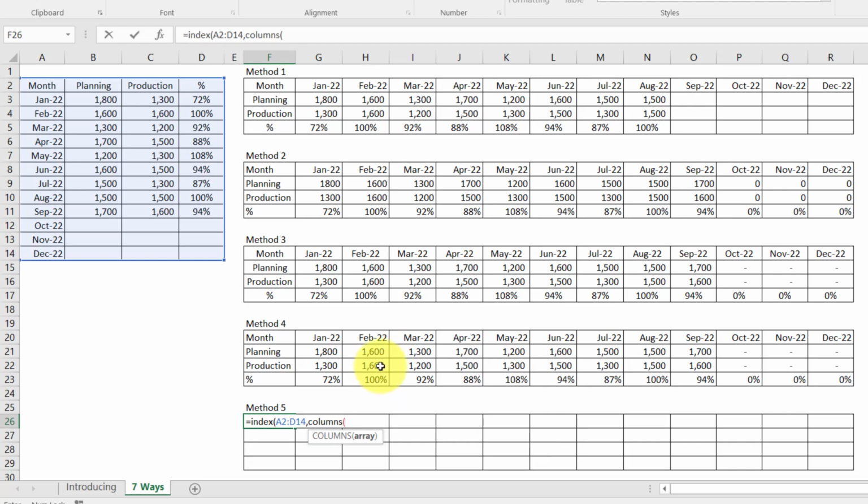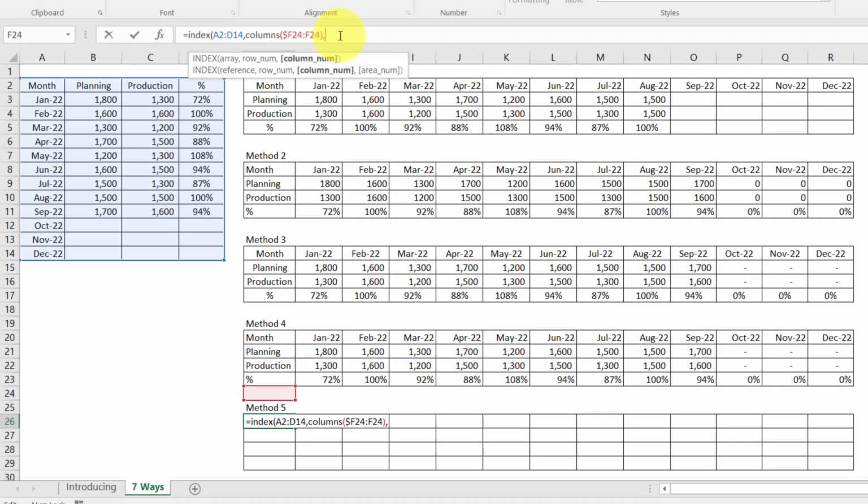because I'm going to transpose the data. So you can see here, this is the row number, and the row is changed into column. Use the COLUMN function, and then array from F24 until F24. If I drag to the right, it will change into G, H, and I don't want it changed, so use the string function, the dollar sign, before the first F, and then for the column number,